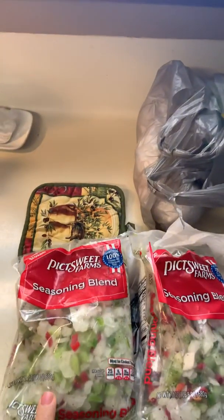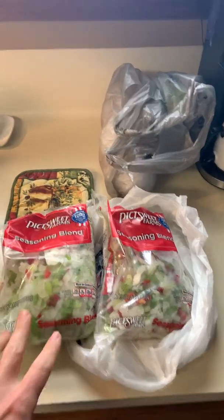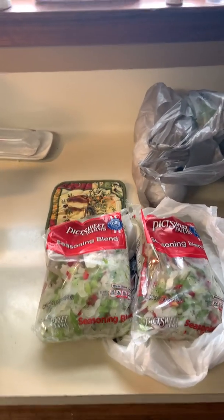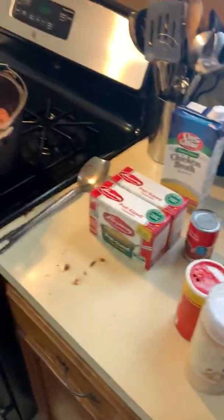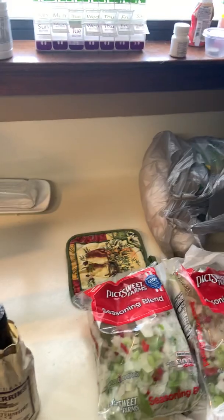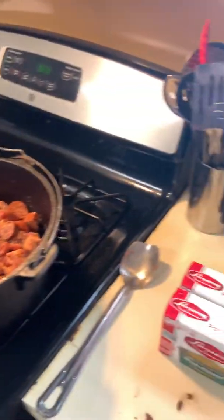Seasoned blend is onions, bell peppers, red bell peppers, green bell peppers, celery, stuff like that. I don't feel like cutting it up all the time. You can cut it up yourself if you want, get fresh ones. So this morning I just bought the seasoned blend. I'll cook that down until it is soft. Some people won't do it, but I like to cook it down so everything's real soft and it's almost like a paste. I'll cook that down, and then I'll throw my meat back into it, and then I add my